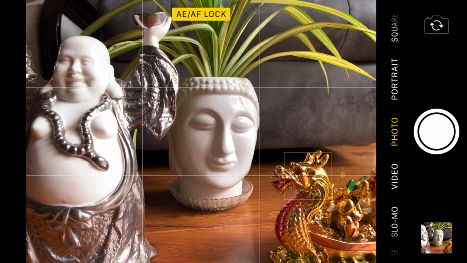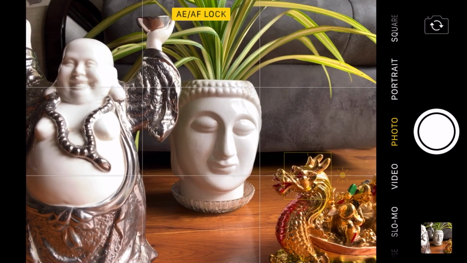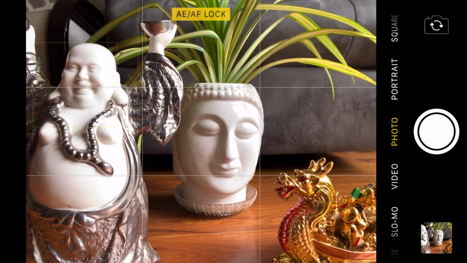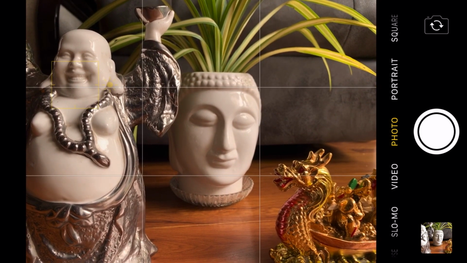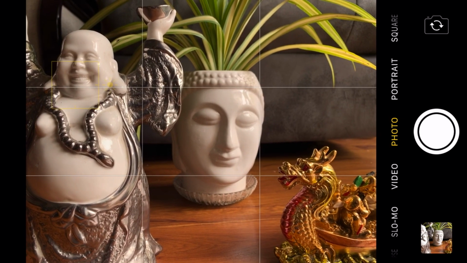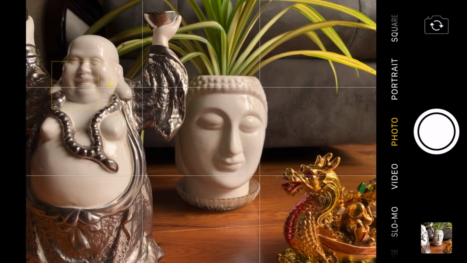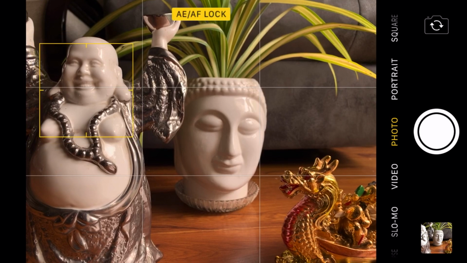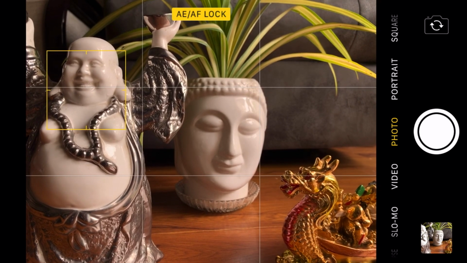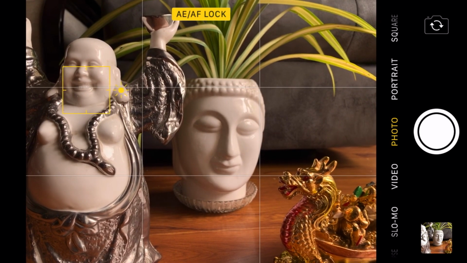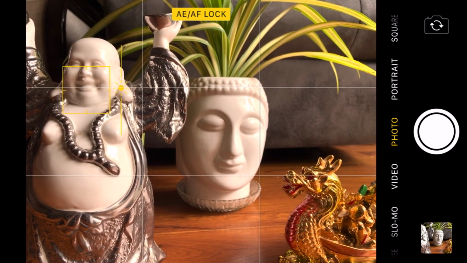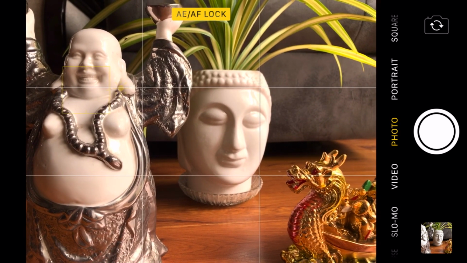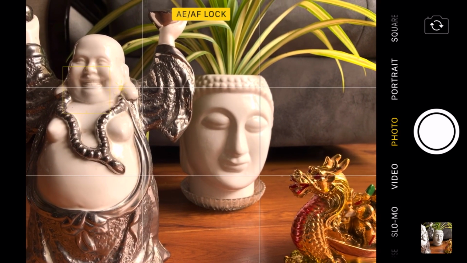Right, so imagine if I have to focus on the Buddha in the front now, which is the laughing Buddha. If you see here now, can you see the difference, that the dragon and the plant behind are slightly blurred and you see a sharp image on the laughing Buddha, right? The same thing over here, you can increase the brightness so that the Buddha is bright and prominent enough, and now even if you move, the focus is still over there and you can click a good picture.